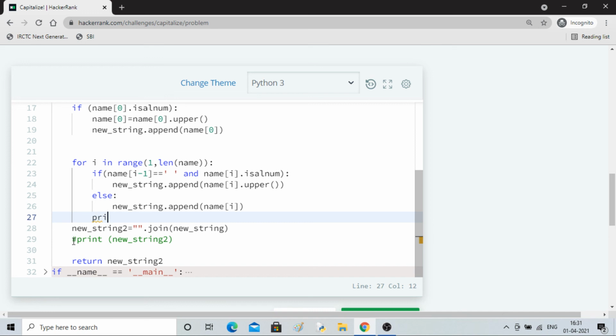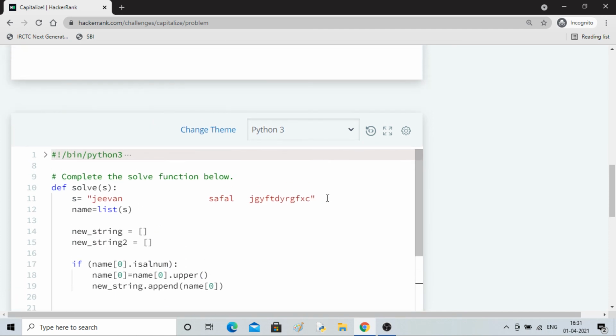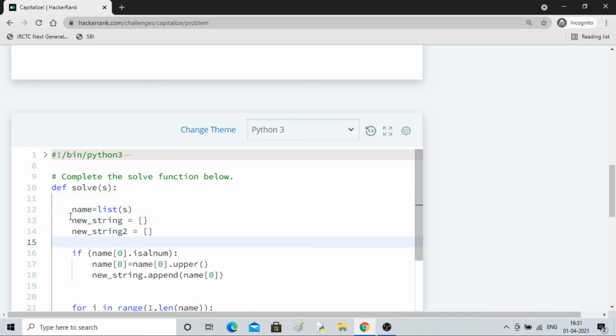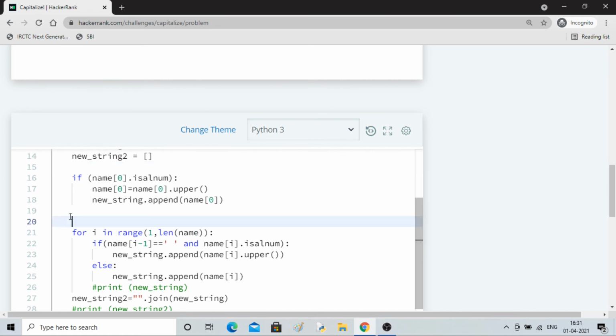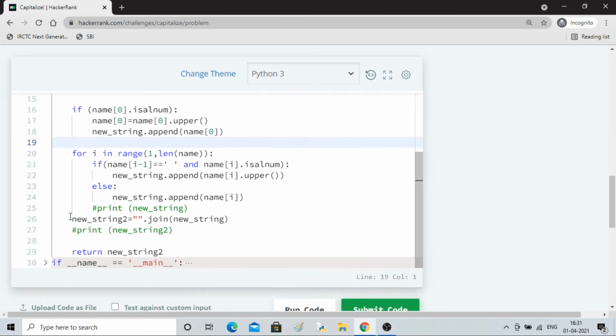Print new string, and I'll hash it, so that if we want to see, then we can use it. So I can remove this now because we have made our program, and I'll remove the unnecessary things, and here also.